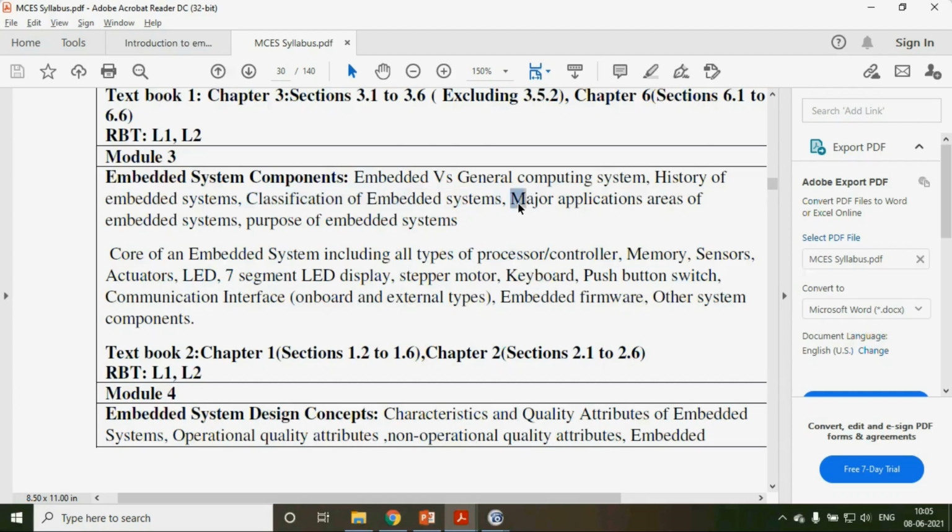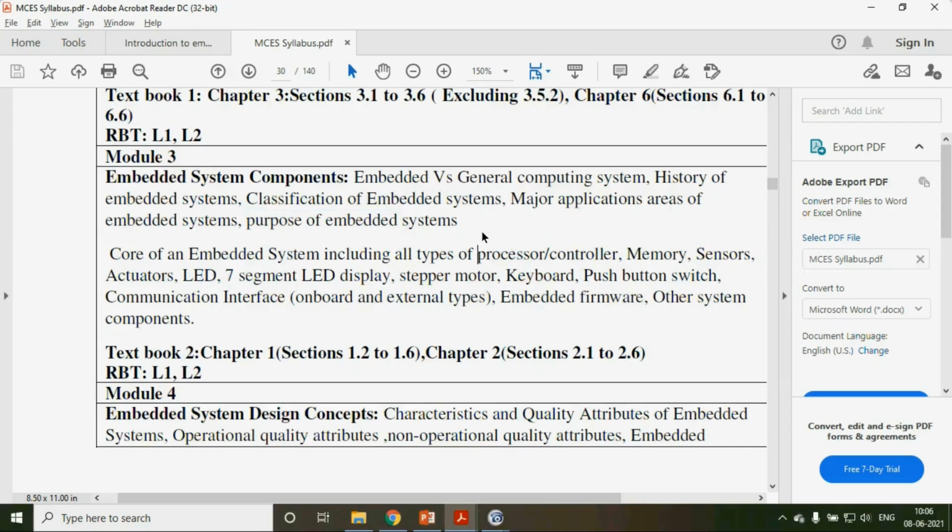Then the major application areas of embedded systems. Where exactly are we going to apply embedded systems? One thing I told you, it is inevitable to do anything without embedded systems nowadays. In every day-to-day life, embedded systems have a vital role. Everywhere you see your digital watches, your calculator itself is an embedded system. Any electronic gadget, or any mechanical device which has an electronic part to manage it, is an embedded system, including your calling bell, right? So that's a major application area.